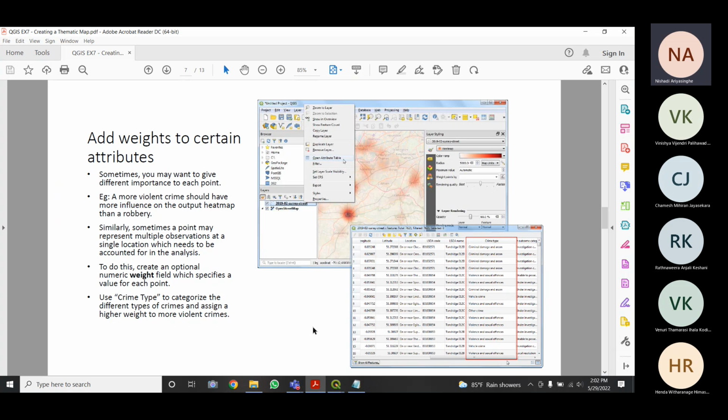So for example, a more violent crime should have more influence on the output heat map than a robbery. In this crime type also, there are different crime types. Stealing somebody's money or something, that is also a crime. Killing a person is also a crime. Sexual violence is also a crime.